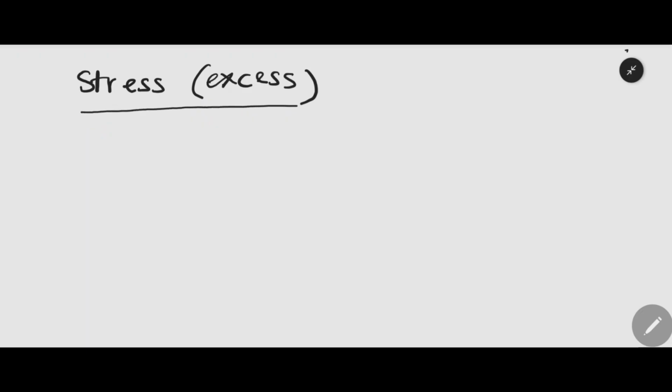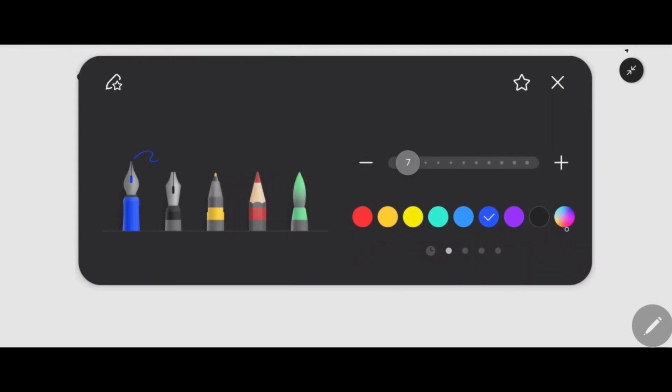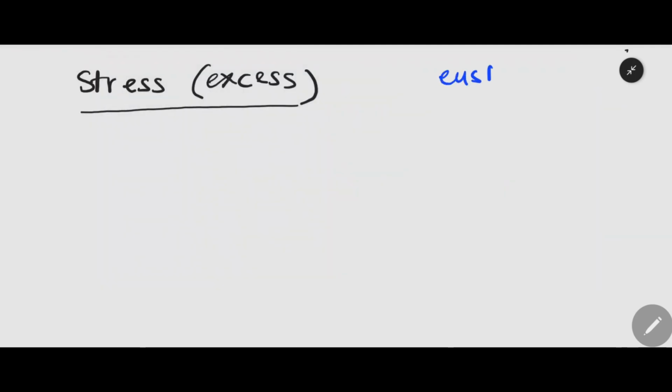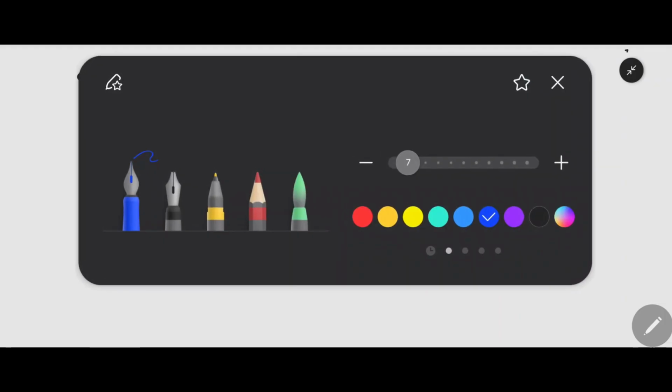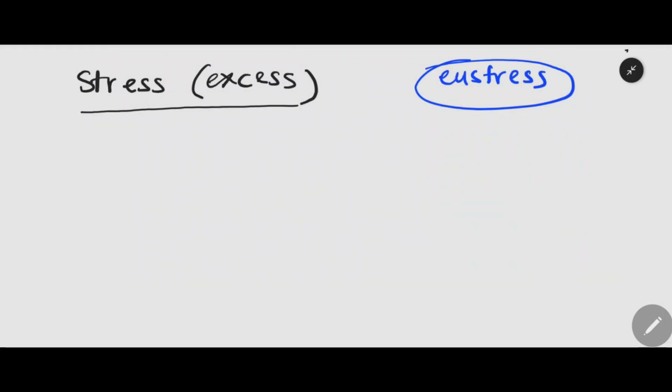Next negative lifestyle factor is stress, and again, excess stress, because there is actually positive stress, and you don't need to know it for this course, but positive stress is something called eustress. And when we say stress, we're focusing on chronic stress,